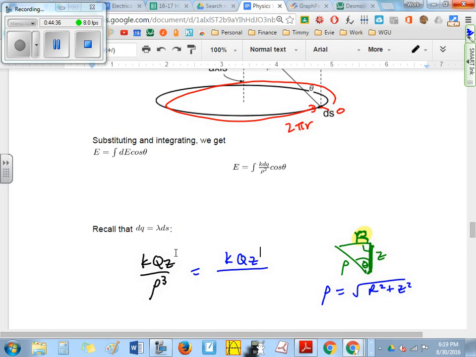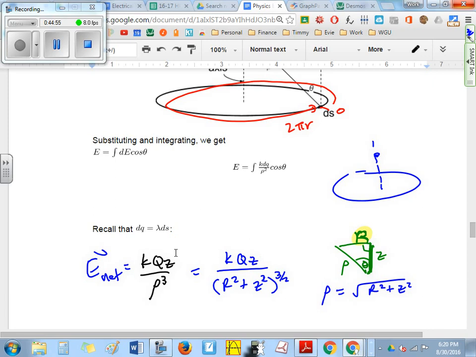So you could also write it like this: kqz over R squared plus z squared to the 3 halves. And this is the net field experienced at point P directly above a charged ring, on the axis of the charged ring. Okay? So there you have it. Our second